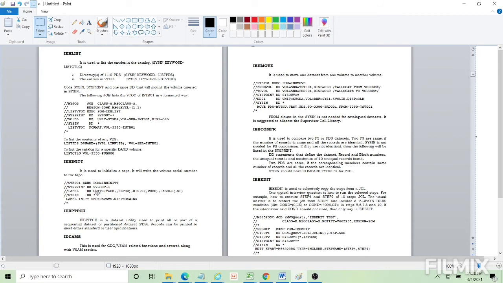IEBCOMPARE is for comparing two data sets, but in real time we do copy of data sets and compare of data sets for various reasons, and we have used extensively 3.13 batch, that is ISRSUPC. That is the one we use in real time whenever the need comes, but I prefer to do a separate video for that because I need to talk a lot on that utility.